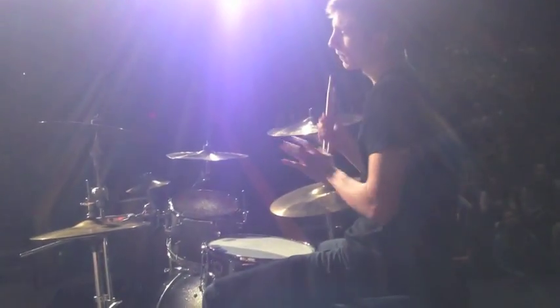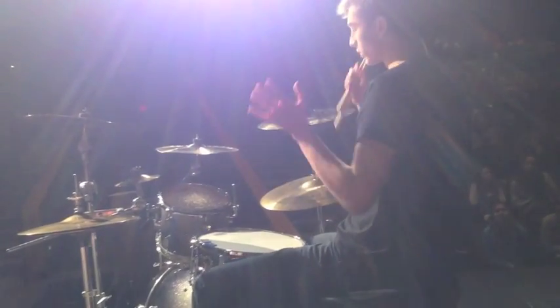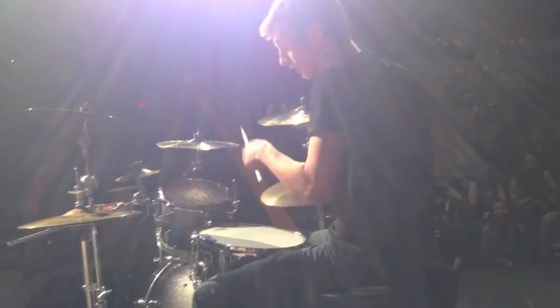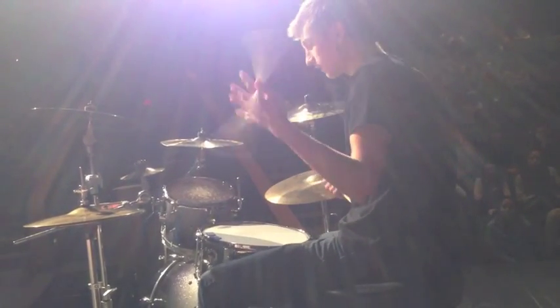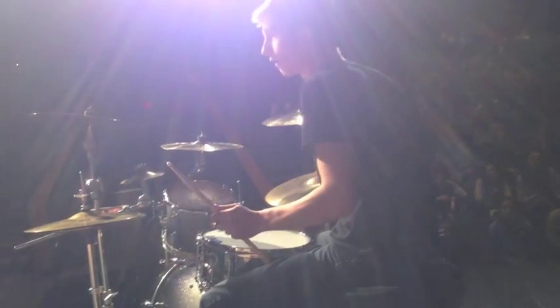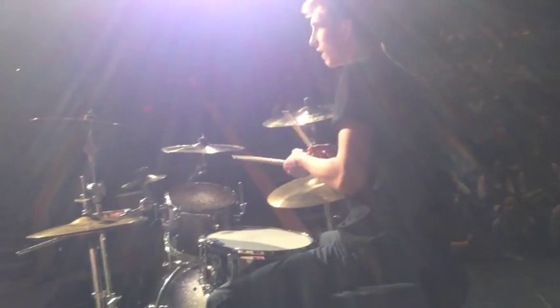Next part. Okay, the next part is what I like to call the false crescendo. So what we're going to be doing is playing on the toms and the snare. We're going to have a lot of double bass going. It's going to seem like it's the end, because I'm going to go crazy. I'm going to have tons of fun. It's not the end, just letting you know. But again, we're trying to trick the audience, give them a sense of completion,